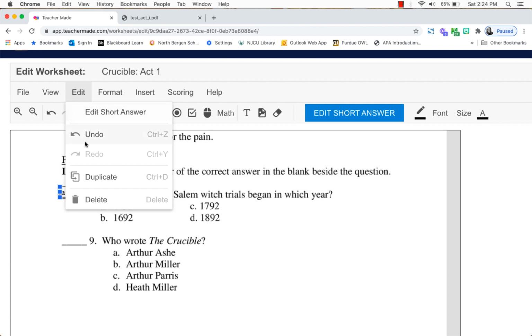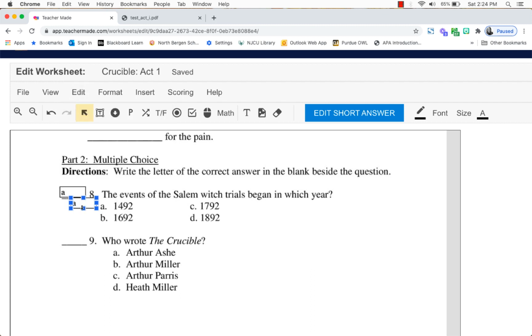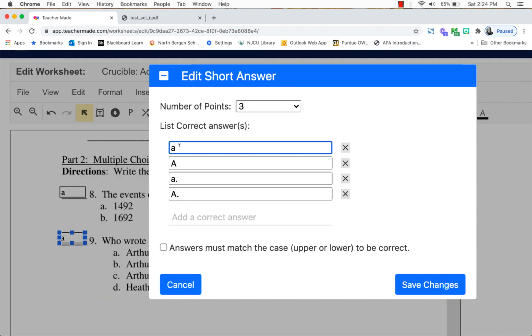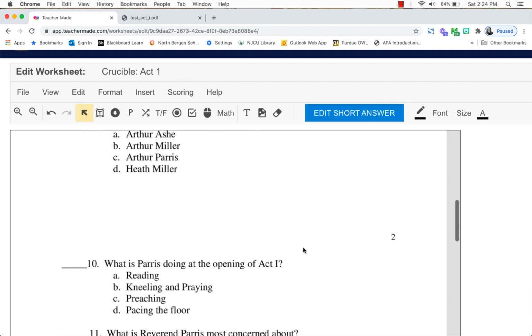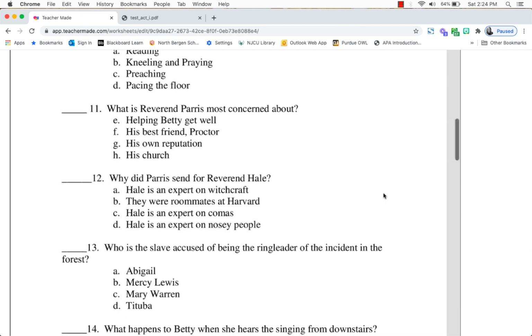Same thing here. I'm going to click now Duplicate. Move it down. Double click. If the correct answer is C, same thing. Period, and then choose Save Changes. And you would do that for the rest of the page. Now if we scroll down,